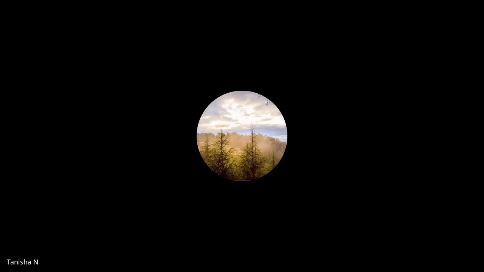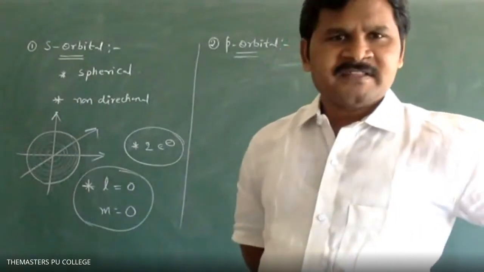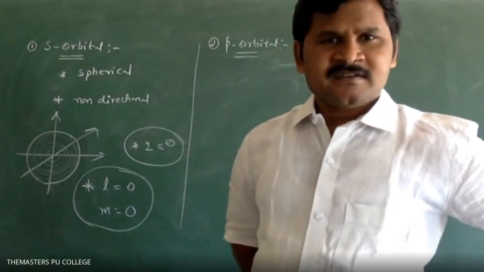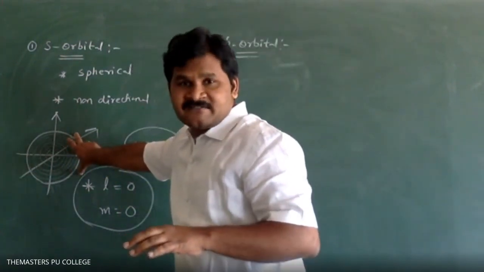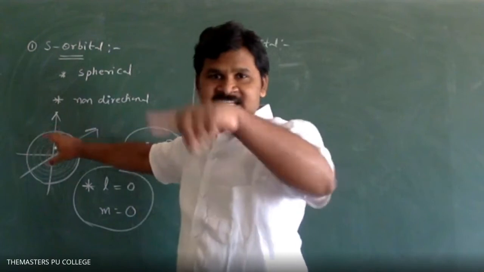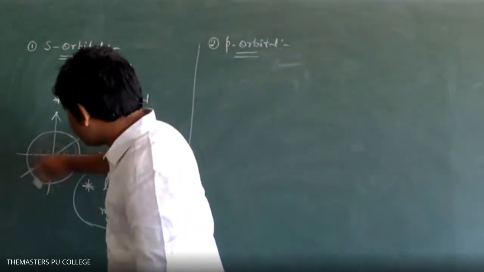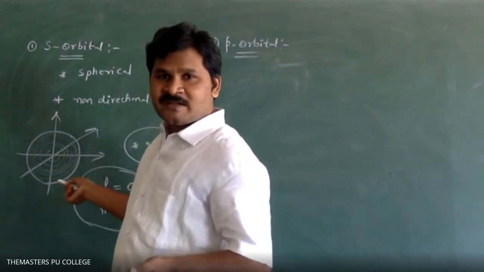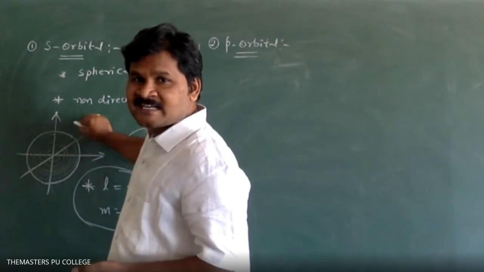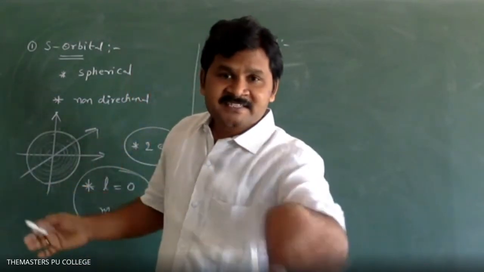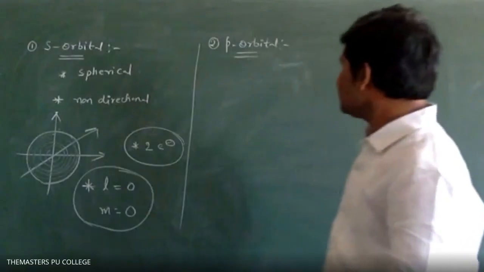Why you are telling about nodal plane with respect to distance? This is a particular space around the nucleus that I have identified. In that place, electron is present. So that's why we won't get any nodal plane within this circle. After that circle, that is nodal plane only. Within this circle, electron is present. Thank you sir.